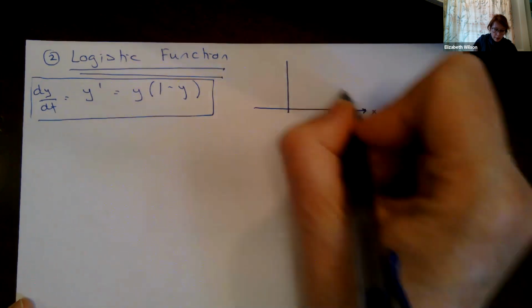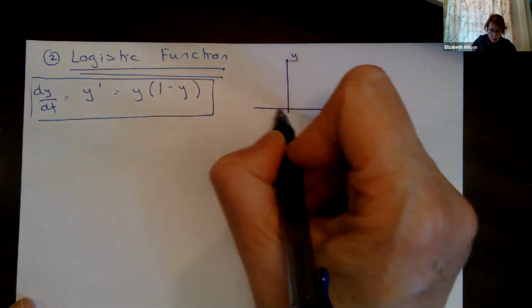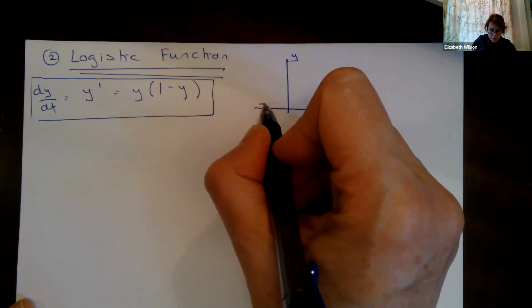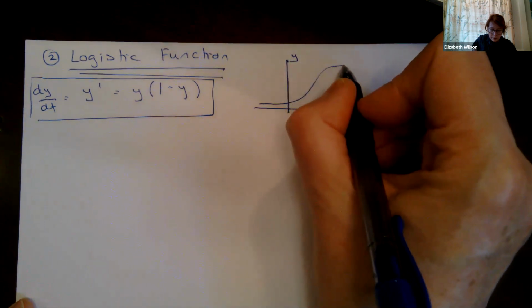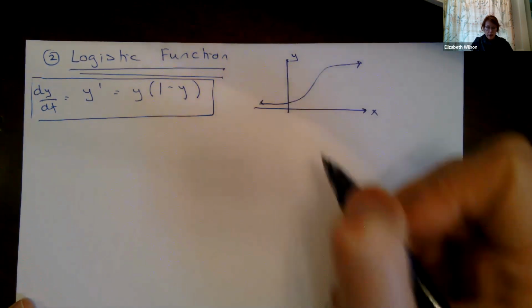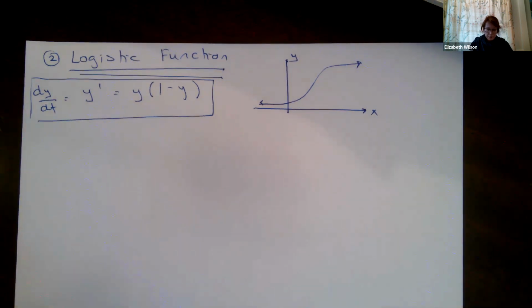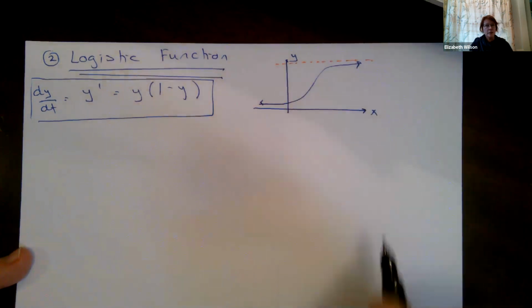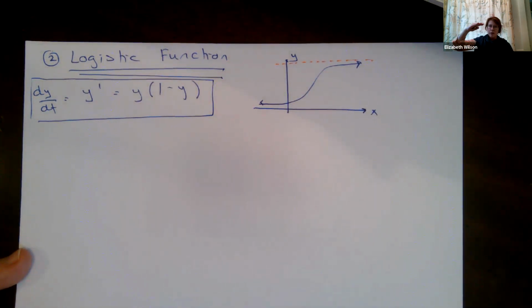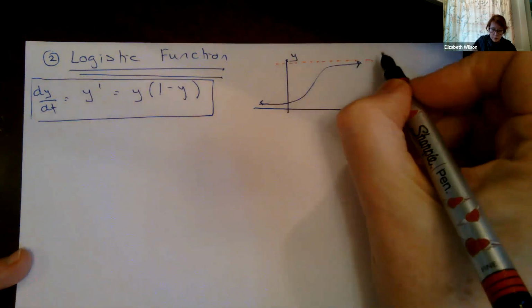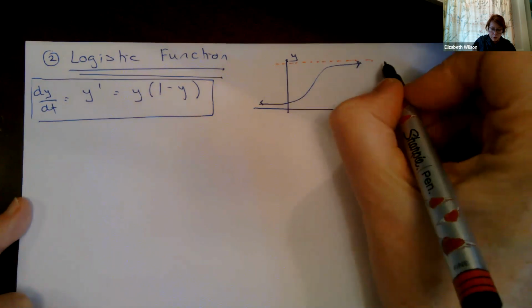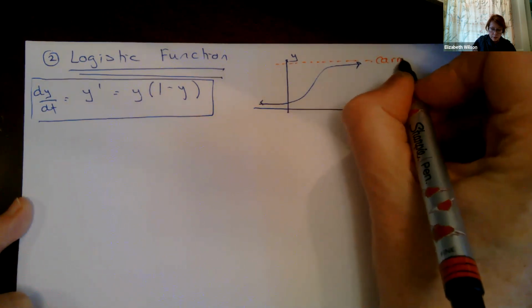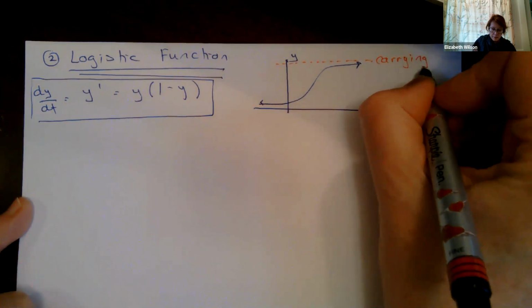So my logistic function is something like, here's my x-axis, here's my y. Logistic functions have an S-shaped curve. Typically they go like this. And then there's this value here. These things are asymptotes, right? So the function comes up really close to that value, but it doesn't get above it. It kind of plateaus at that value here. So in a logistic function, we call this the carrying capacity.